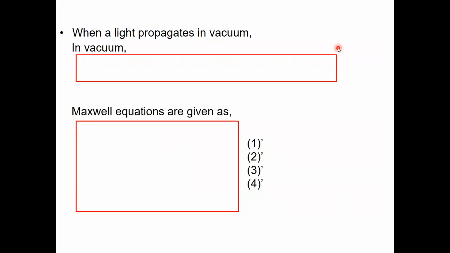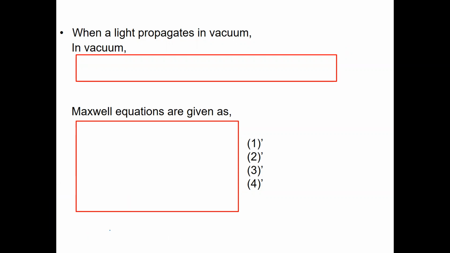Now move on to how to describe the light propagation by using the Maxwell equations. At first, we are thinking about the light propagation in vacuum. Okay, so in vacuum,